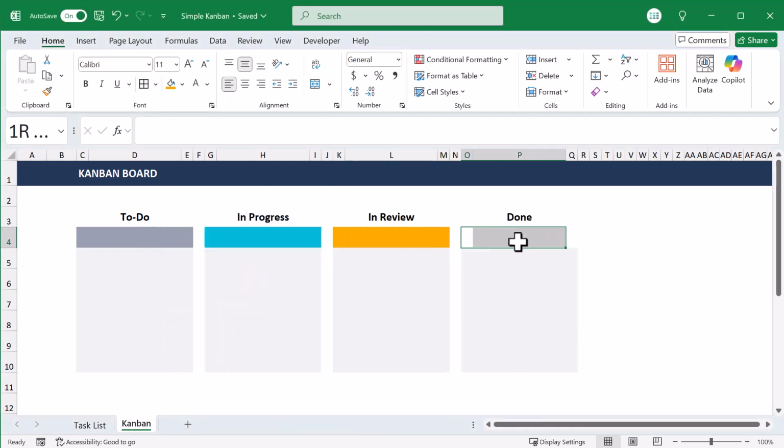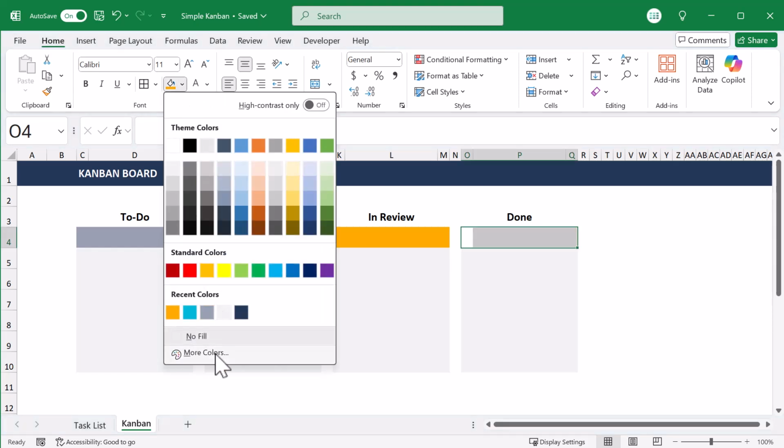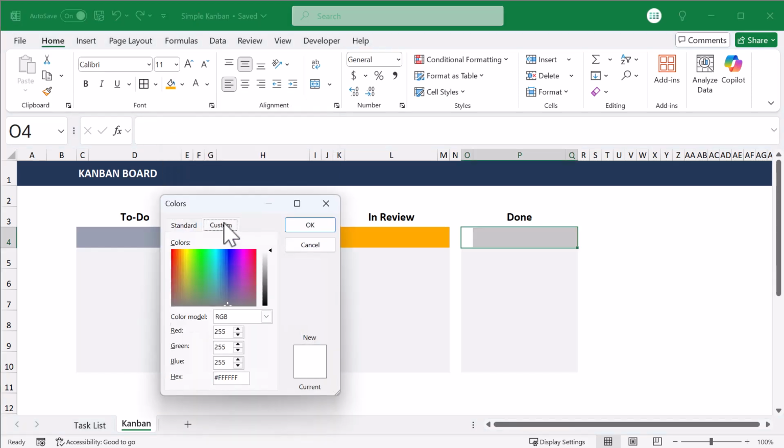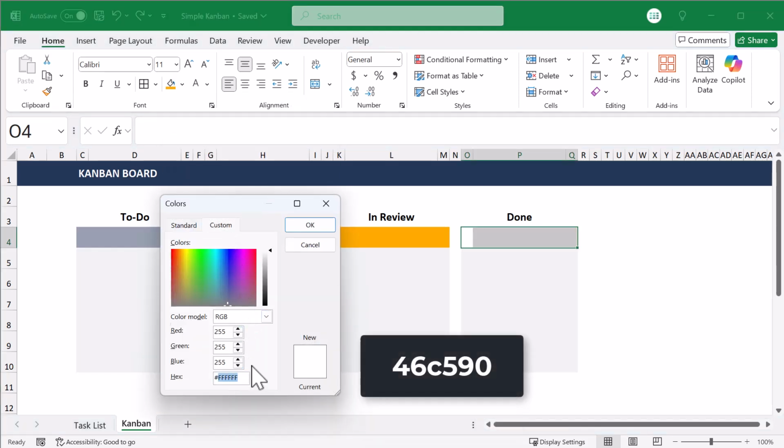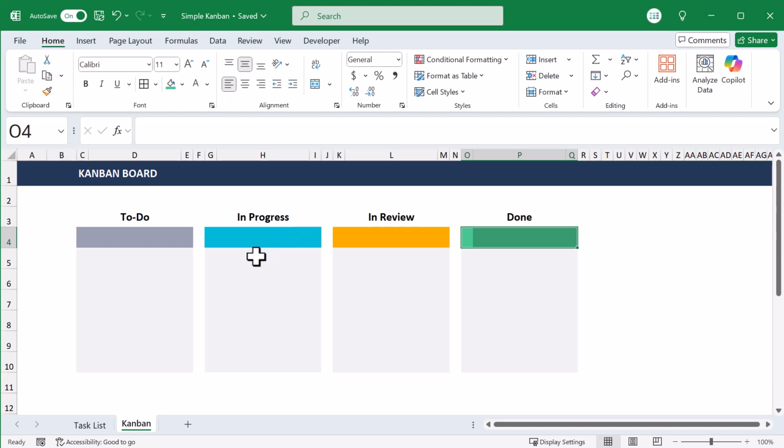Select O4 through Q4, fill color, more colors, custom, enter the hex code 46C590 and click OK. Next, select cell D6, bold the font, increase the font size to 12, change the vertical